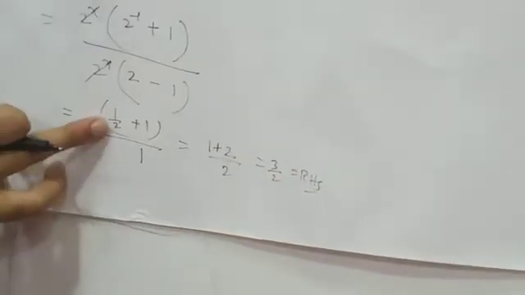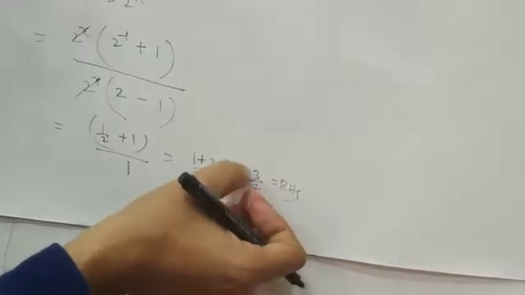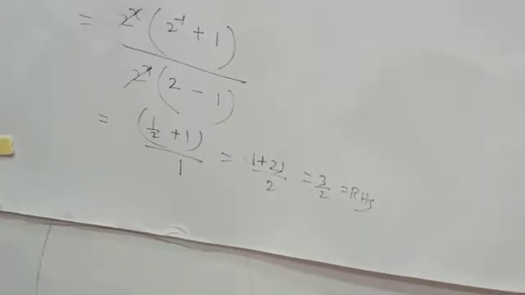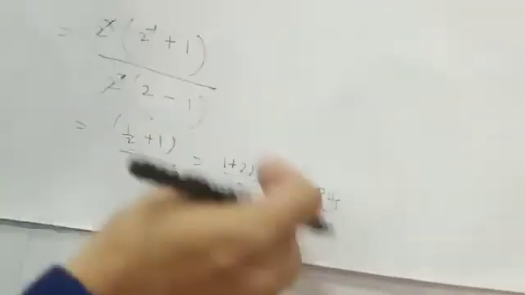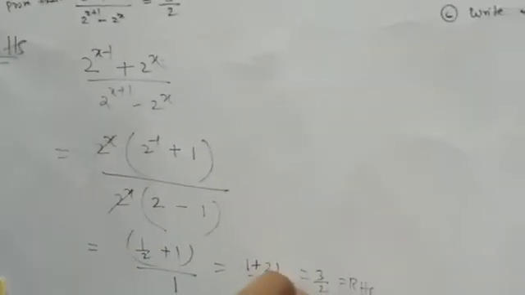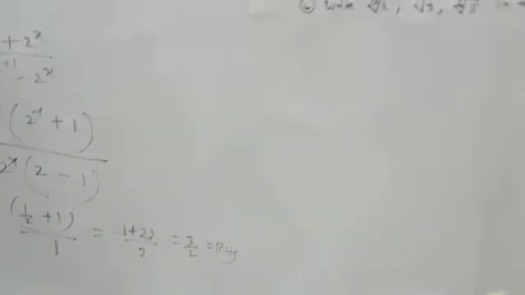Anything else here? No. Taking LCM, it will become 3 by 2, and the 2 will come down. So it is nothing but 3 by 2, that is RHS. One more step we can write here, 3 by 2, this 2 automatically comes down to the denominator, equal to 3 by 2. I hope it is clear to all.